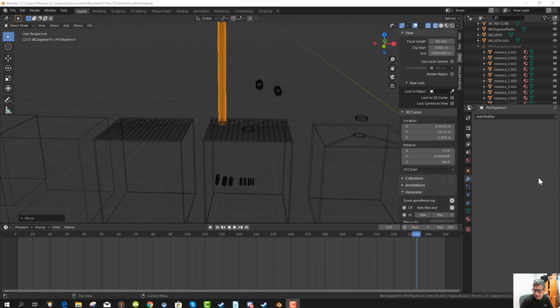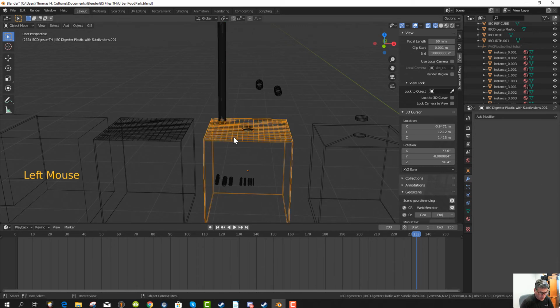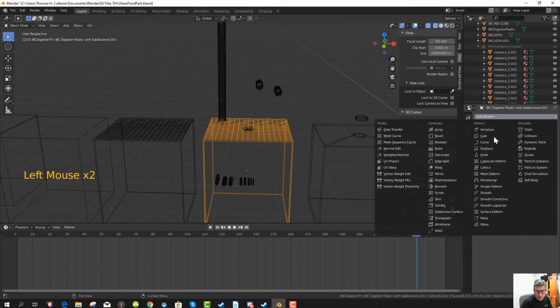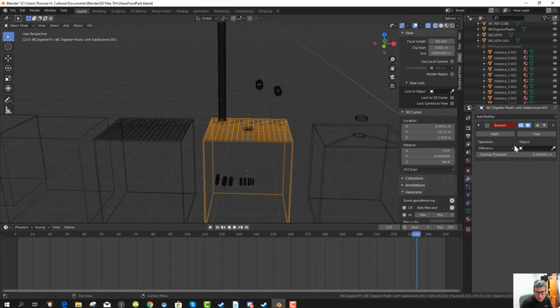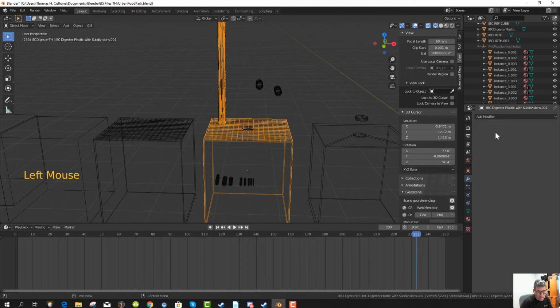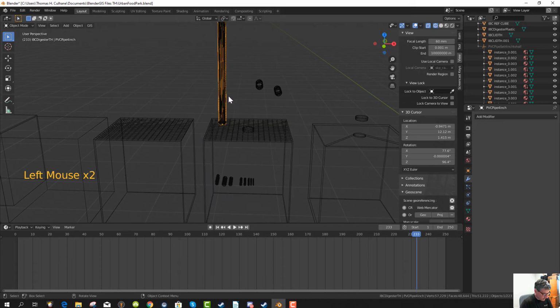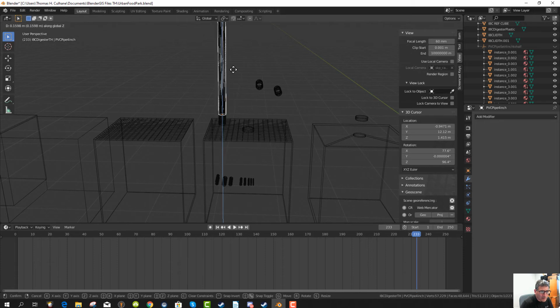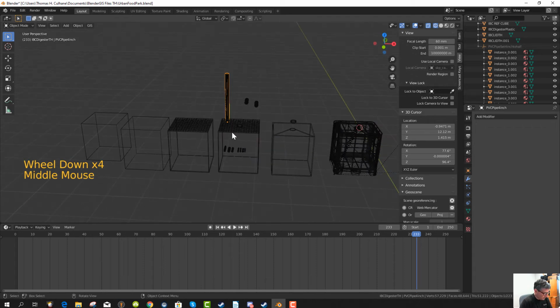All right, let's try this again. We're going to select the tank, and then we're going to add a modifier, and we're going to make it a Boolean and make it difference, and then we're going to select this pipe. And when we apply it, it should be that we can now move this pipe out of the way. But it's doing this weird thing. That's not a difference. Okay, there's something wrong with the geometry of the stuff that came in from